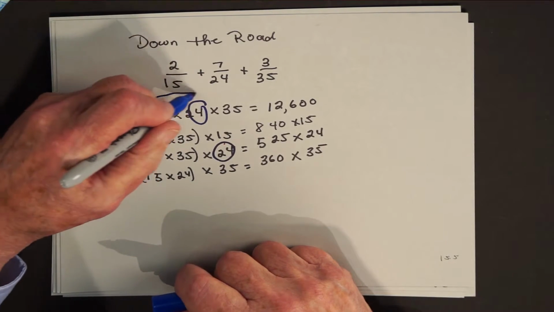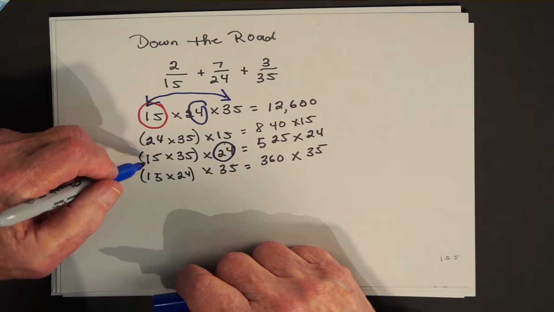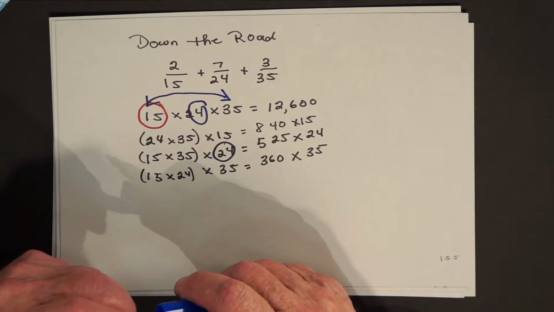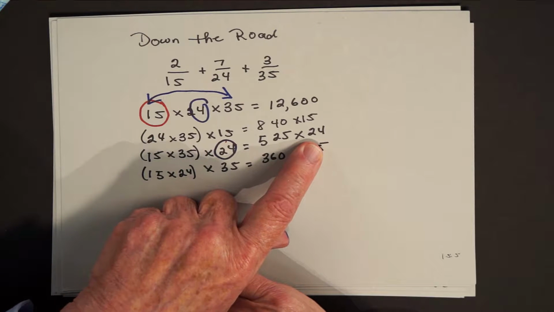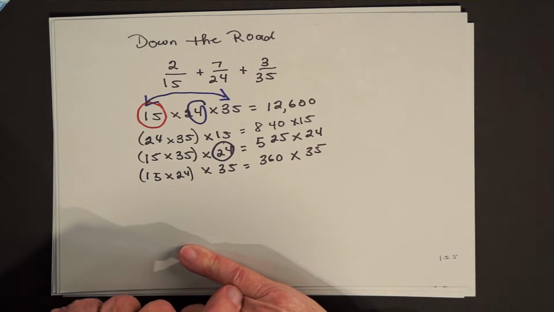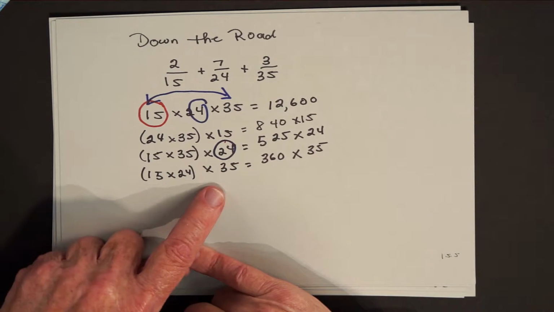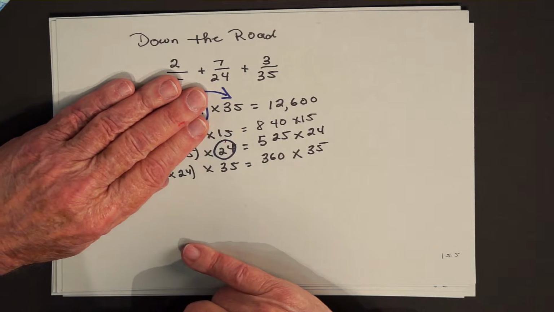Cover up the 24, and you see what you have to multiply by is 15 times 35. 15 times 35 is 525. That tells you that if you're listing the multiples of 24, it would be the 525th one you would come to. And in a similar way, covering up the 15 and the 24, we see how many 35s we